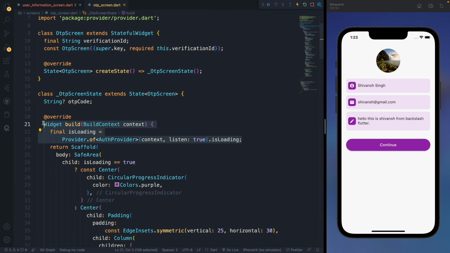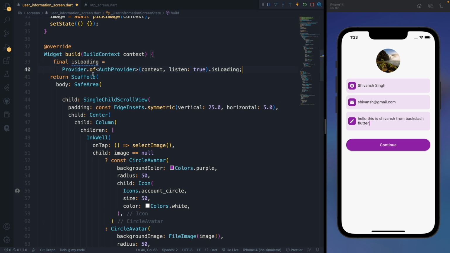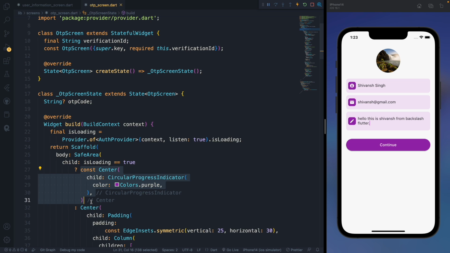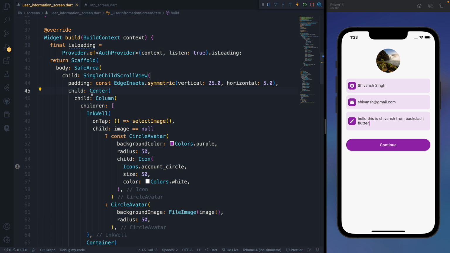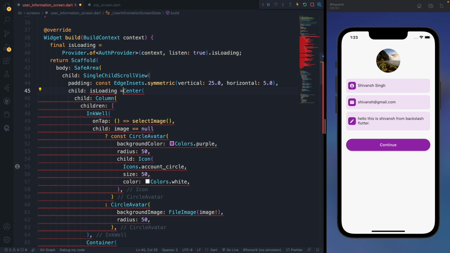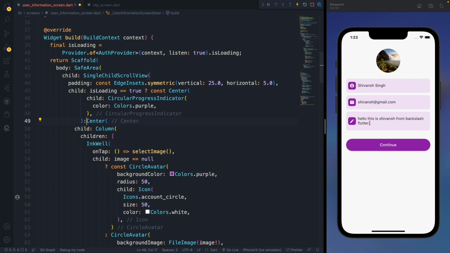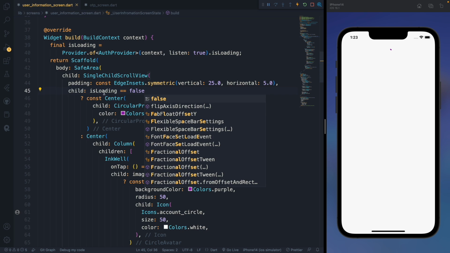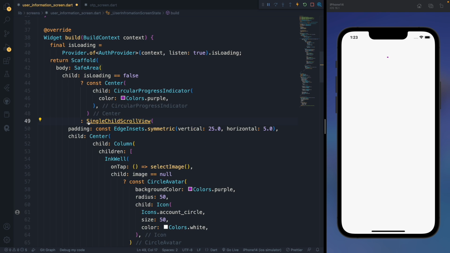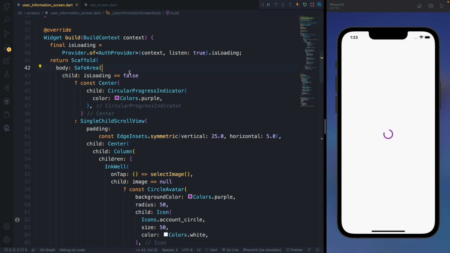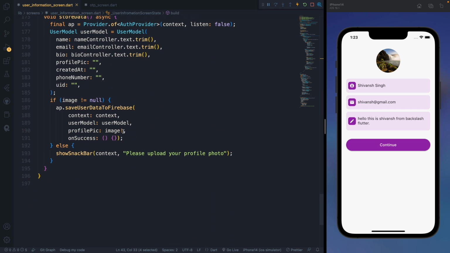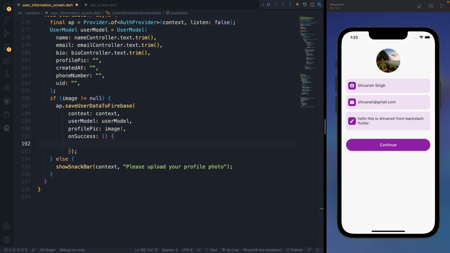So this will be like this, and we can have this thing, and let's say is loading equal to true, else this, let's say right now it is false. Okay, so I can shift this here something, I guess. Yeah, only to change this when it is true. So we can shift, we can either come here, and now